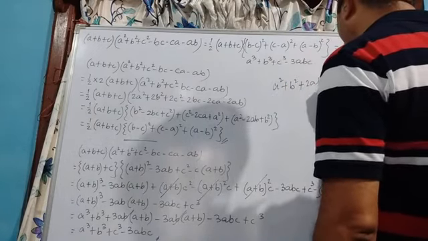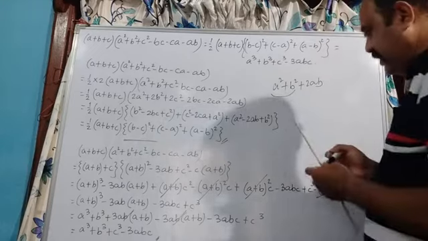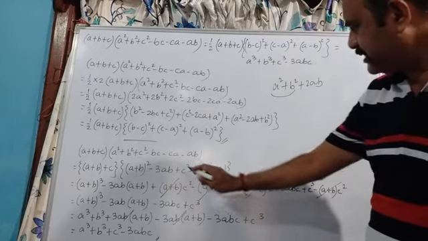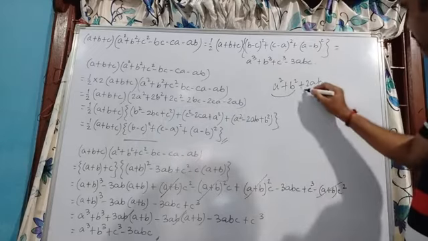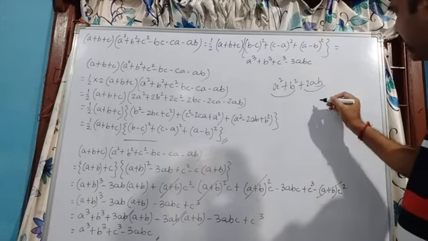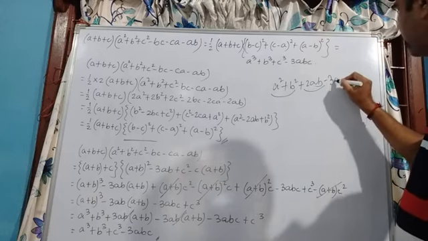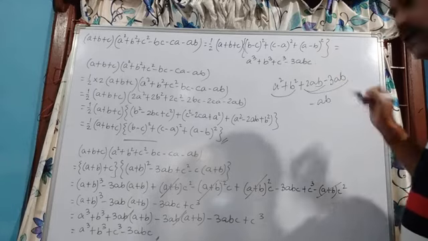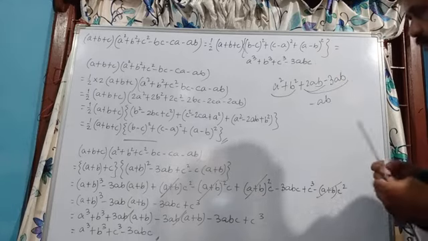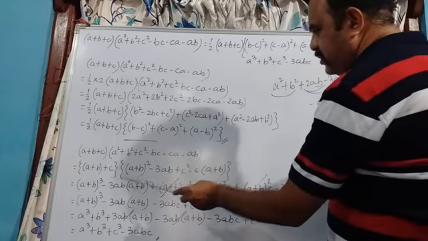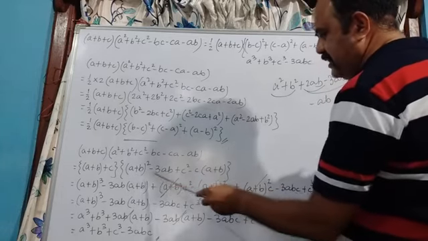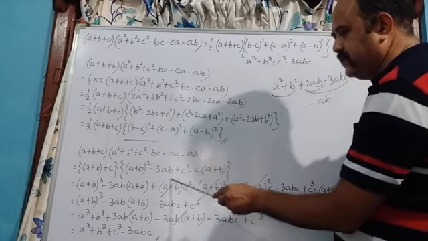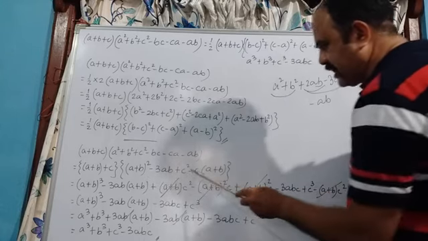That means there I have written a² + b² + 2ab, but I had only a² + b². Interestingly, I had −ab there, but I have written +2ab here. I have to get −ab, so I have to subtract 3ab from this part, then I get −ab. Am I right? Fine. So for this (a + b)², to get this −ab, I have subtracted 3ab. Then c² I kept as it is.